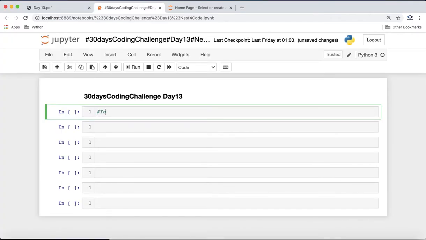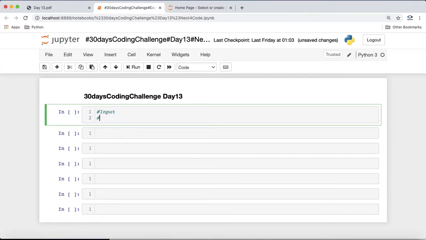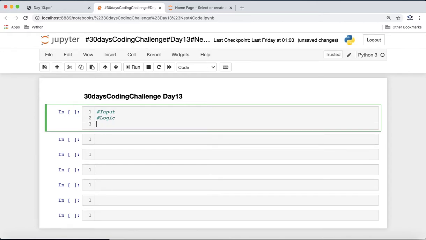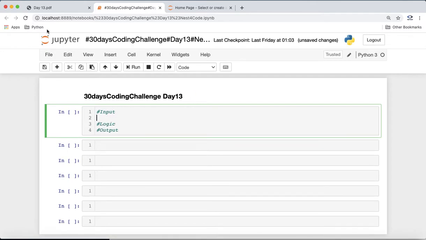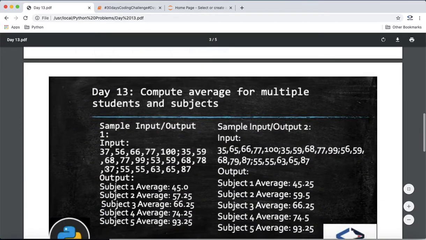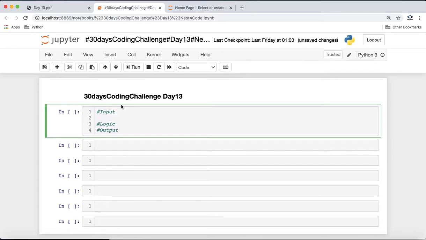Our program will primarily consist of input, logic, and output. In input, we'll be getting one string. Do we want to print something to the user? No, it's just an input. So we'll just say marks, something like marks all, and we'll say input. It will get it in the form of a string.